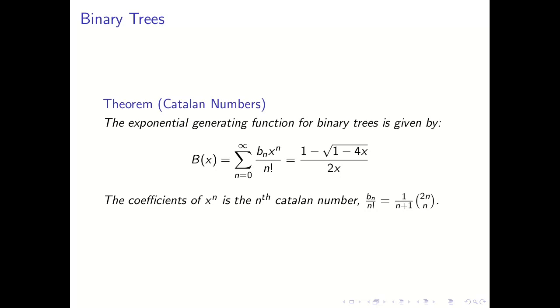And I should give you their generating function, right? So this is an exponential generating function for the binary trees. I'm not going to prove that this is the generating function. You can Google for a proof if you're desperate to see one. I'm mostly introducing these binary trees so that we can get nicer pictures, right?